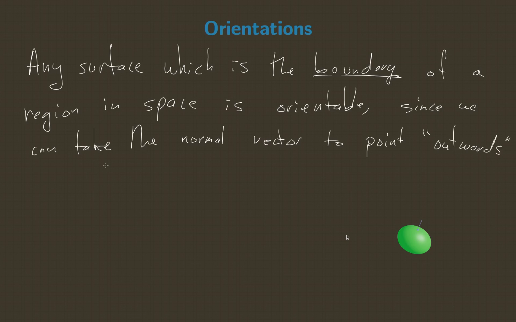So a sphere is a two-dimensional object, but it's the boundary of a solid ball, which